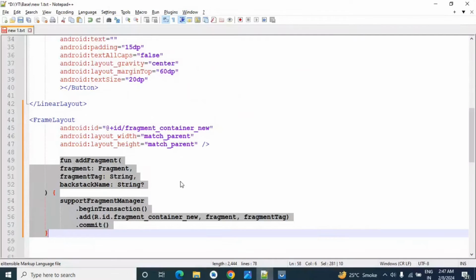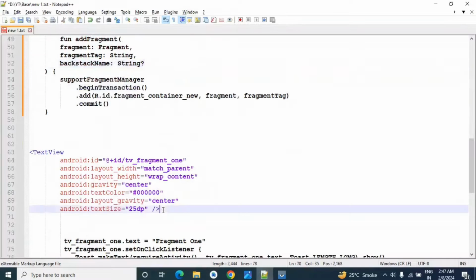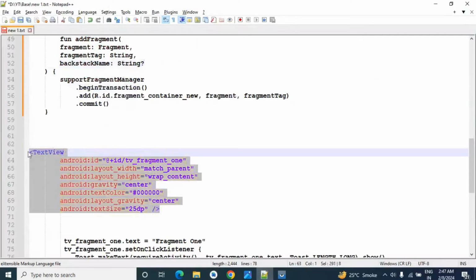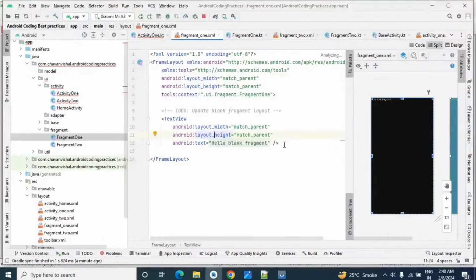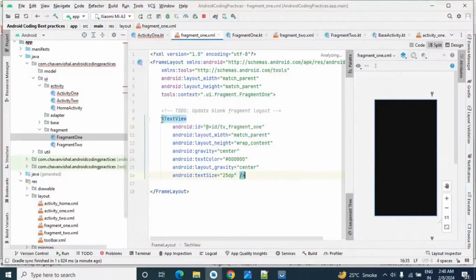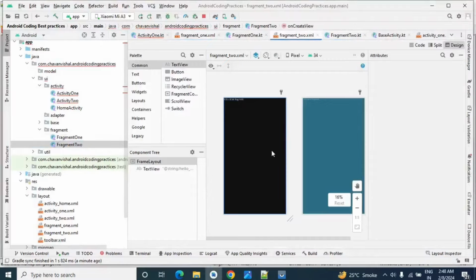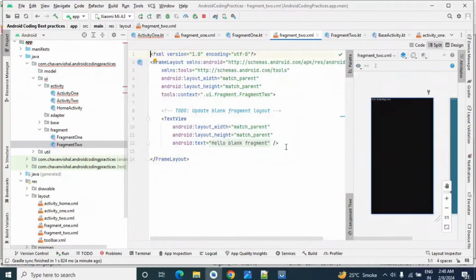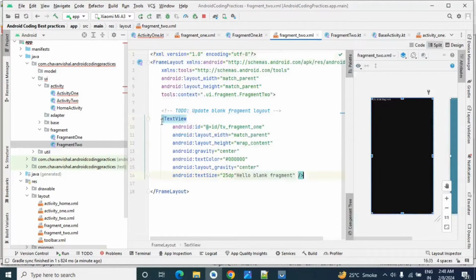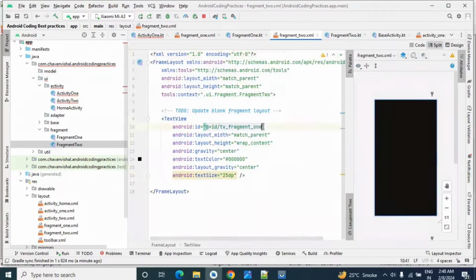Here we have a text view. Let me add text view from here. So this is my text view that I'll add over here. Again let's go to fragment 2 XML. Here also I will add one text view. Okay, TV fragment